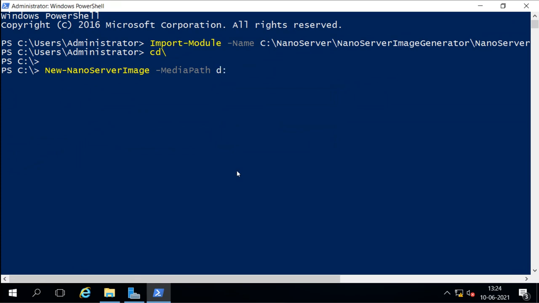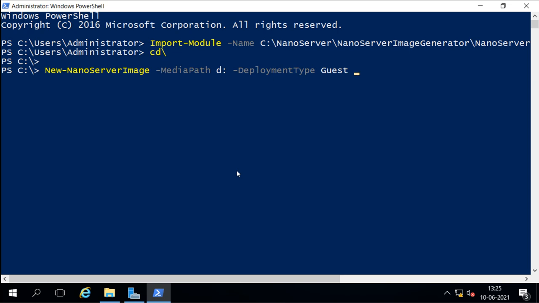Then the next option is to mention the deployment type. For deployment type, we have the option to mention guest or host. Guest means as a virtual machine, host means as a physical machine. If we want to use this virtual disk VHD file as a host machine, a real machine, and boot the real machine from it, we can select host. Or if we want to create a virtual machine from it, we select guest. I want to create a virtual machine as a nano server, so I will select guest here.